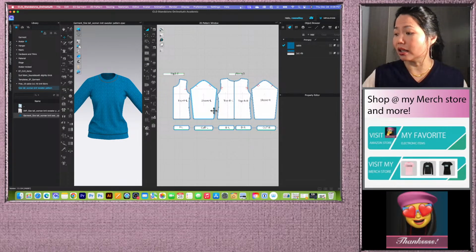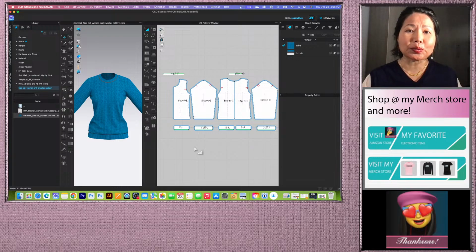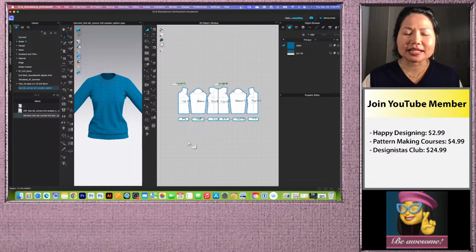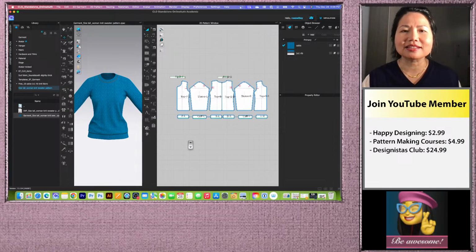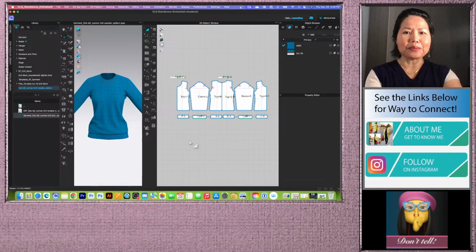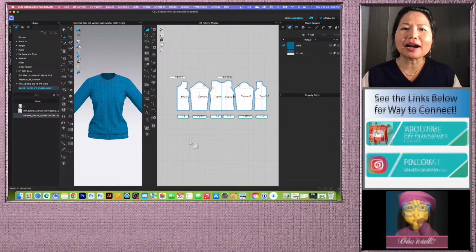One of those things, guys, is that CLO is like unlimited when it comes to creating any garment, from realistic to maybe cartoon-like garments. Mostly I do realistic, because of the way I draft patterns. I still use the traditional pattern drafting method and apply that onto CLO. It gives me the opportunity to draft the pattern super accurately. Okay, so I hope